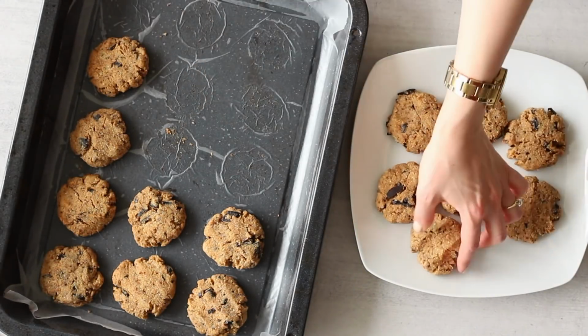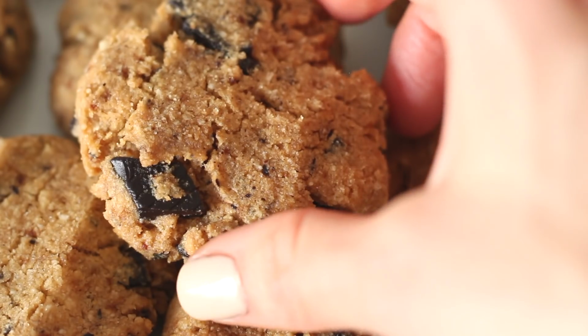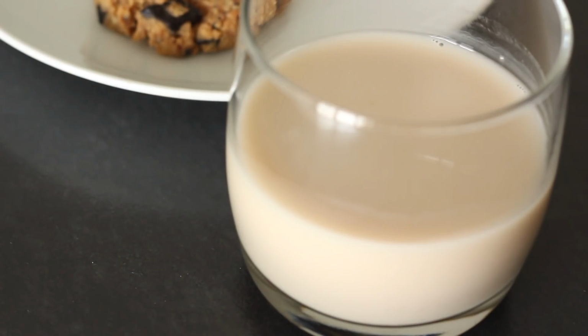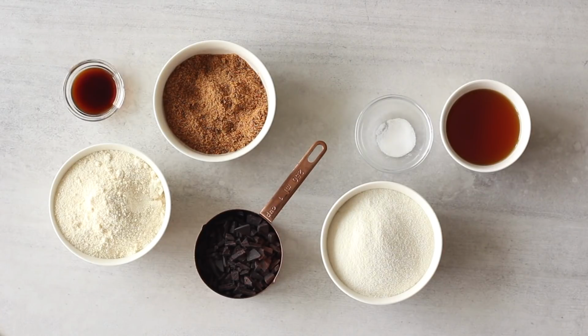The next recipe that I'm going to show you today is my healthy gluten-free chocolate chip cookie recipe. These are classic style soft chocolate chip cookies. They are like melt in your mouth soft. They are insanely good. So for this recipe, I'm using 1 + 1/8 of a cup of brown rice flour